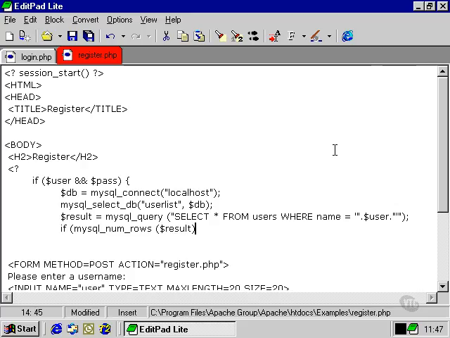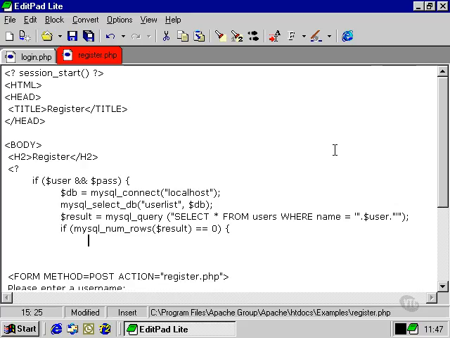So if there were no rows returned from the query, then we could conclude that the user has not been entered on the database yet, and therefore we'll allow them to add their name and password to the database. We're going to use this insert SQL statement,